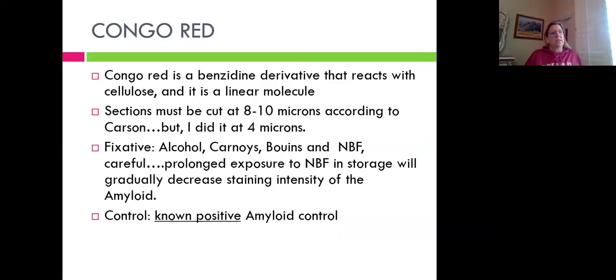All right. So the Congo red. The Congo red is a benzene derivative, and it reacts with cellulose. And it's a linear molecule. Okay. So keep that in mind here. Knowing that